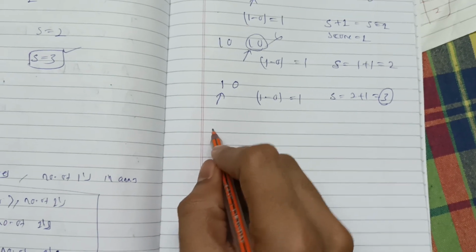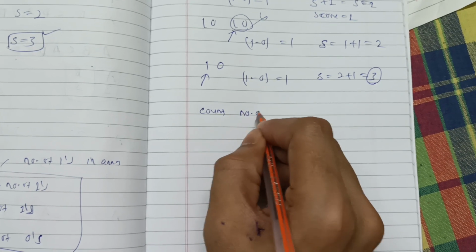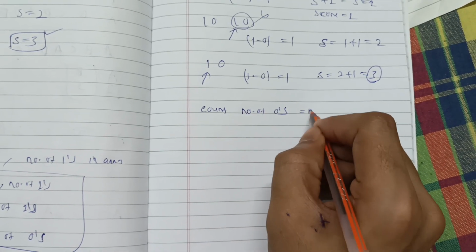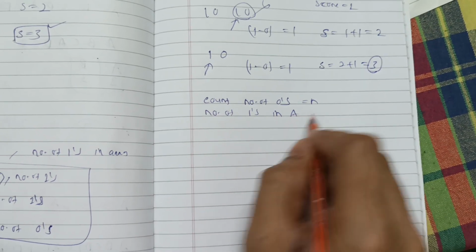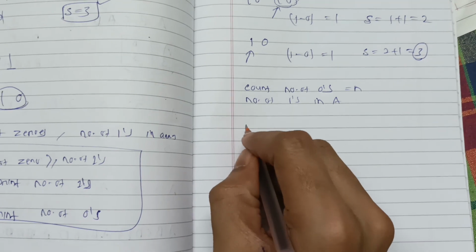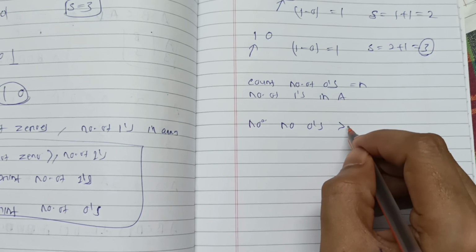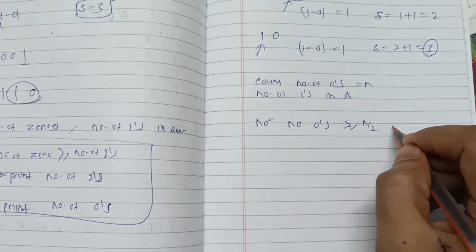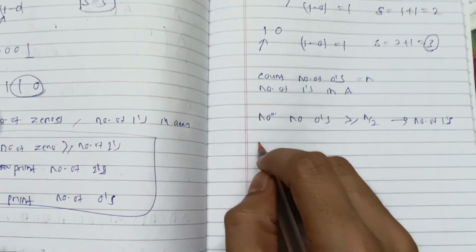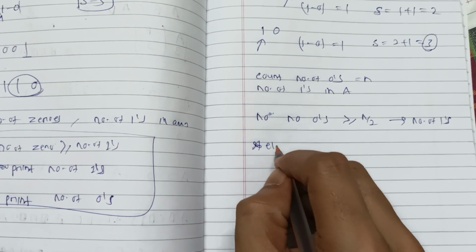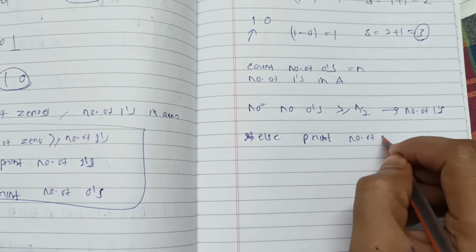In this question you have to count the number of zeros in the array and the number of ones in the array. If the number of zeros is more than or equal to n by 2, then simply print the number of ones. Else print the number of zeros,